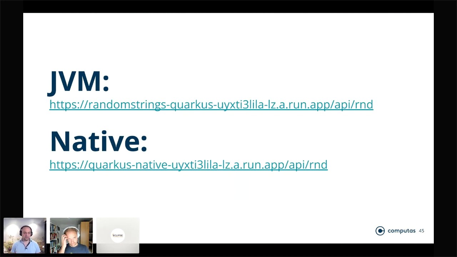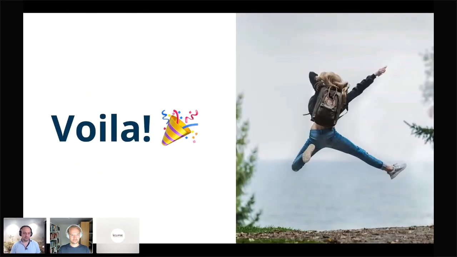And so now we have different kinds of URLs, right? Now we have a Quarkus one, and then we have a native one. Again, those URLs, don't try to type them. There is no point in trying to do that, because they're wrong on purpose, or older versions of that. But we'll show you the live one in a second.